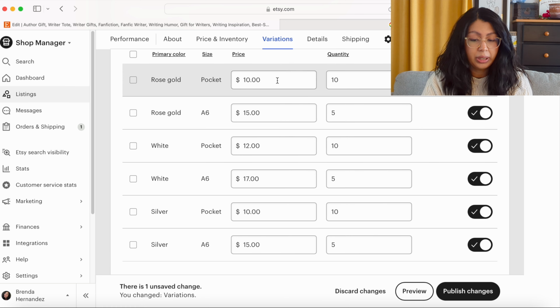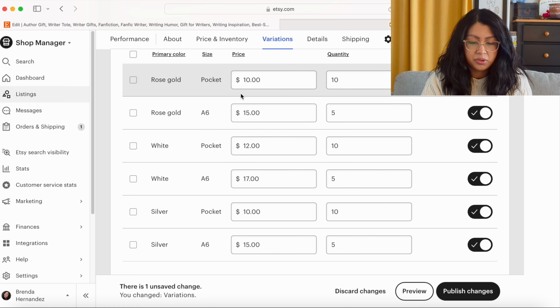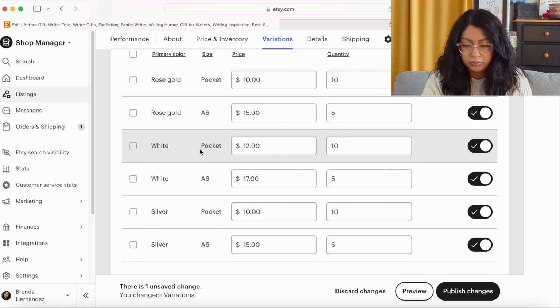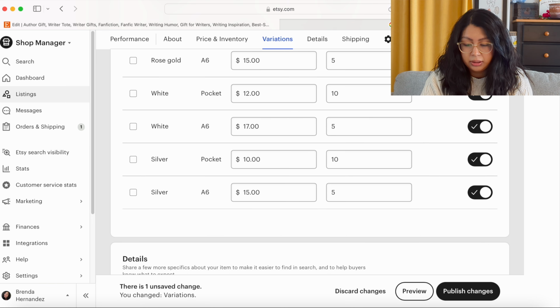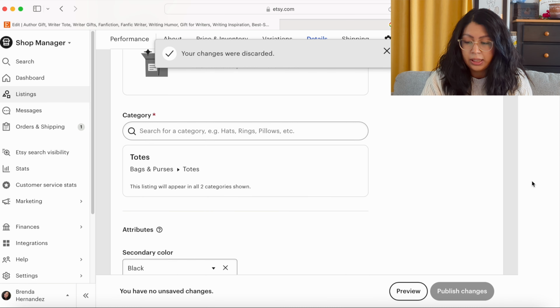each one if you do have to set it to prices and quantity vary. Just make sure you are reading which variation you are filling in. But yeah, so there's that. We're going to discard. And now,